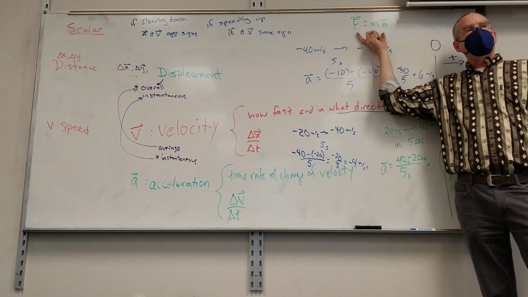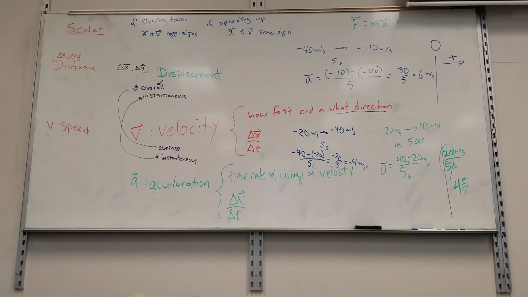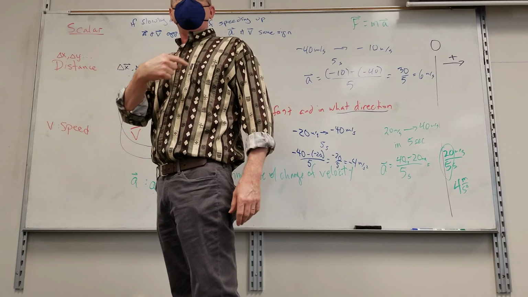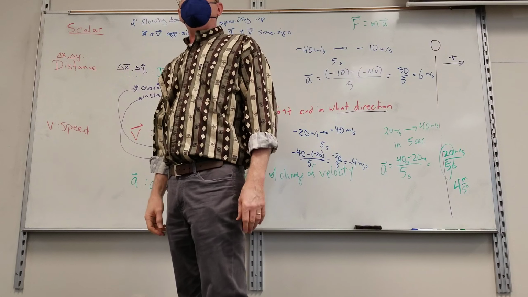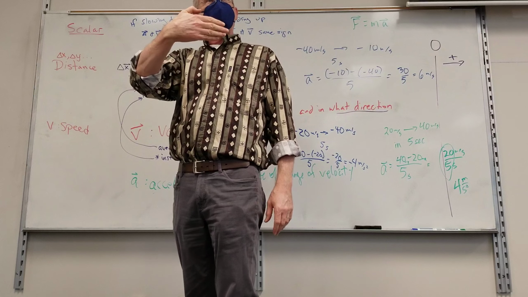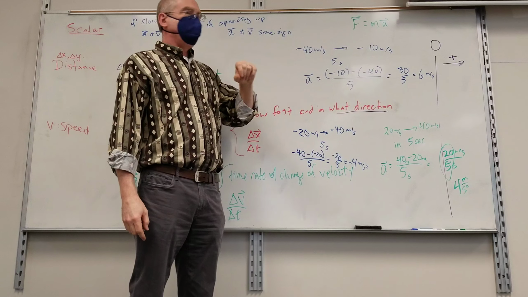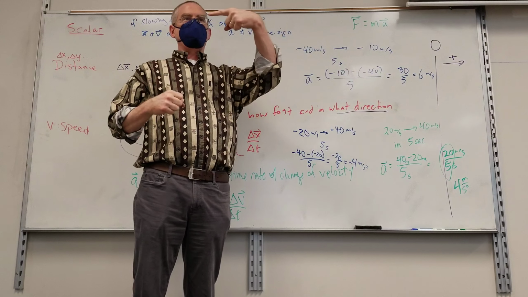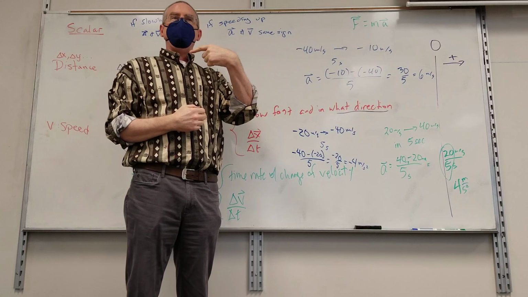Only two vectors in it. Those vectors have to be in the same direction. So if I'm traveling in the negative direction and I slow down, there's got to be something pushing opposite the way I'm going. If you run at a wall and you slam into a wall, there's definitely a force, that normal force from the wall, acting against the direction you're moving. It'll slow you down. So when the force is against the direction of movement, you will slow down.